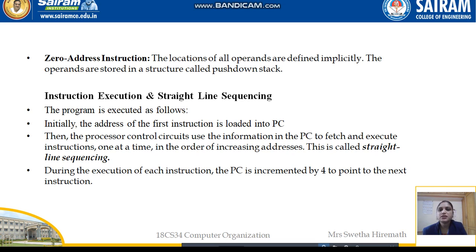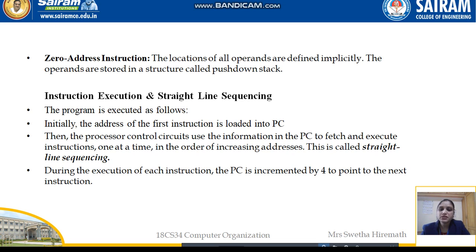Next we will see how the instruction execution takes place. We are all familiar with branching instructions, and branching and looping. Similarly here also we are going to learn more about the types of instructions, how they are being executed, whether some branching is done, or how the branching will be done. Everything we are going to study in this topic.